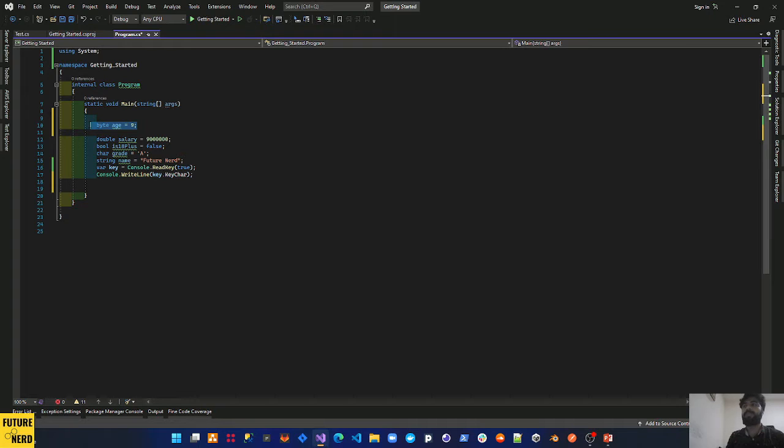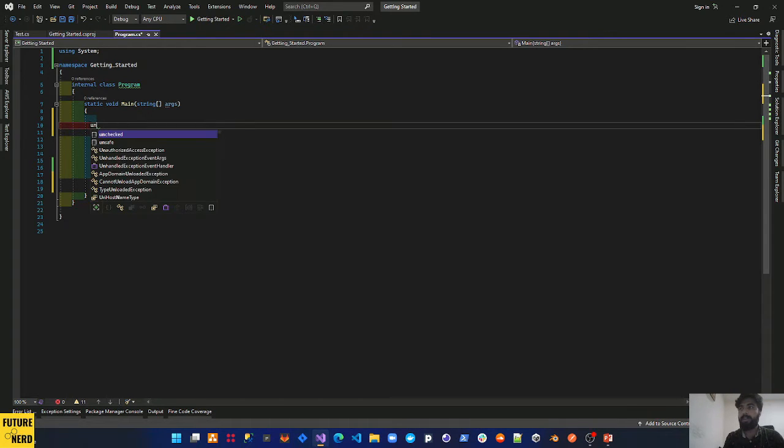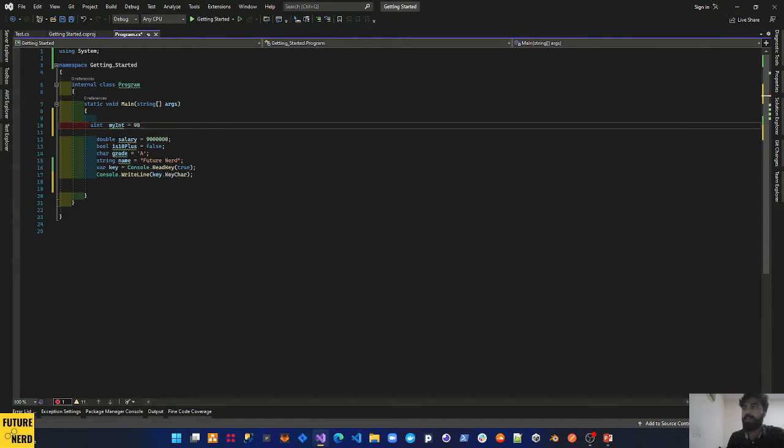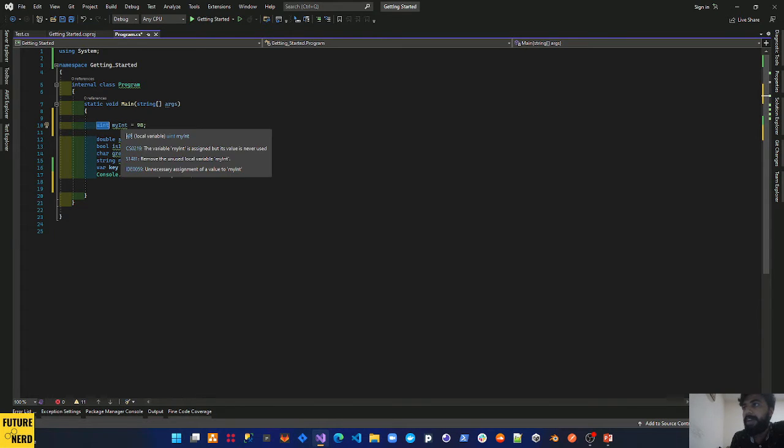If we are using an unsigned integer, unsigned int would be my int, and it would take my int. And you can see that we are defining the unsigned integer, and it would have 98, and